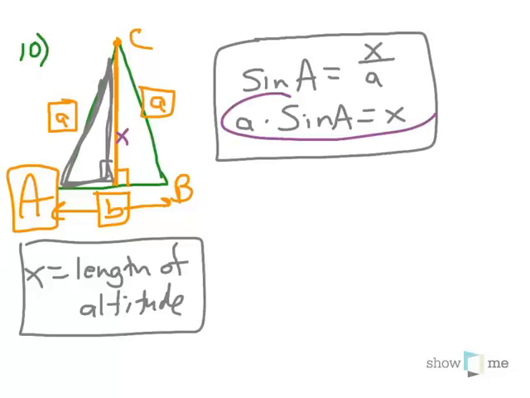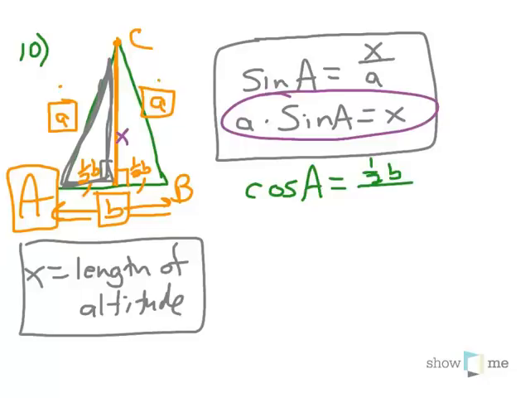Can we find another? Going back to this gray triangle, if this bottom length here is B, this altitude in an isosceles triangle, this is isosceles because both of these legs are the same, they're both A, makes this half of B. Always going to cut this side in half. An altitude will always be a median in an isosceles triangle. So, using A, half B, and x, we could use this formula. Cosine of angle A, we know what angle A is, the directions told us that we do, equals the adjacent leg, half of B, over,